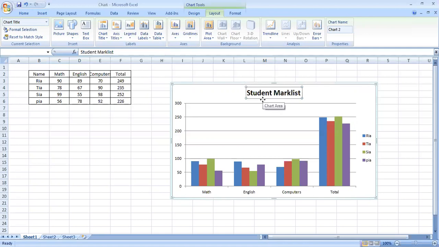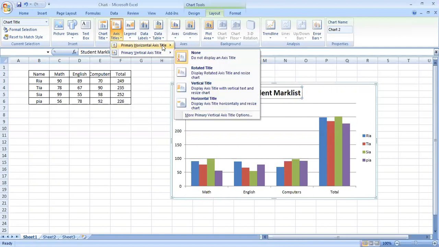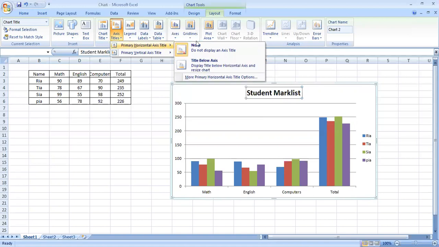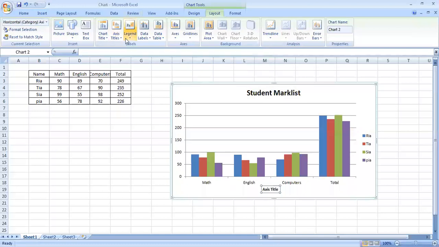So this was the first thing we have learned, that chart title can be inserted in this way. Next come axis titles. If I click on the arrow, there are two types: primary horizontal axis title and primary vertical axis title. So let's change the horizontal one. Now in primary horizontal axis, I want to add a title. I will just click on this and I will write here subject name, or just subject.